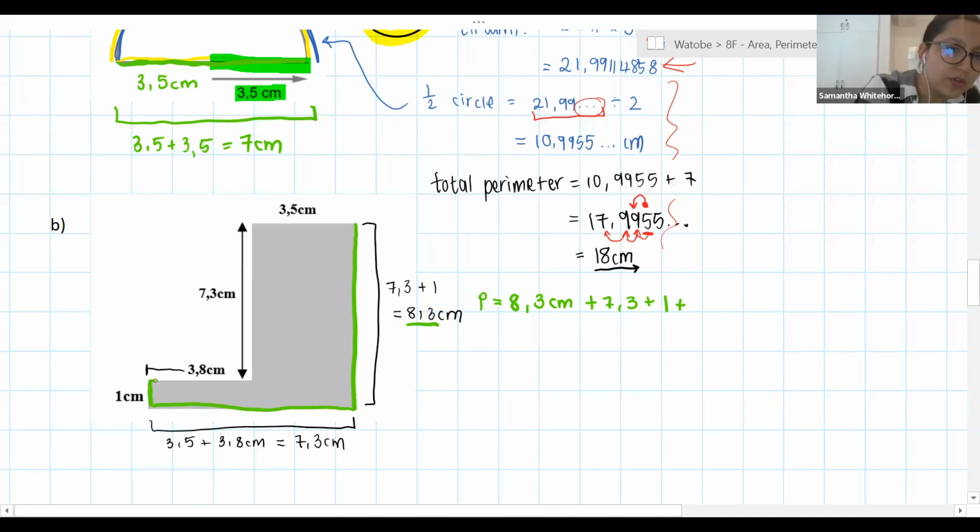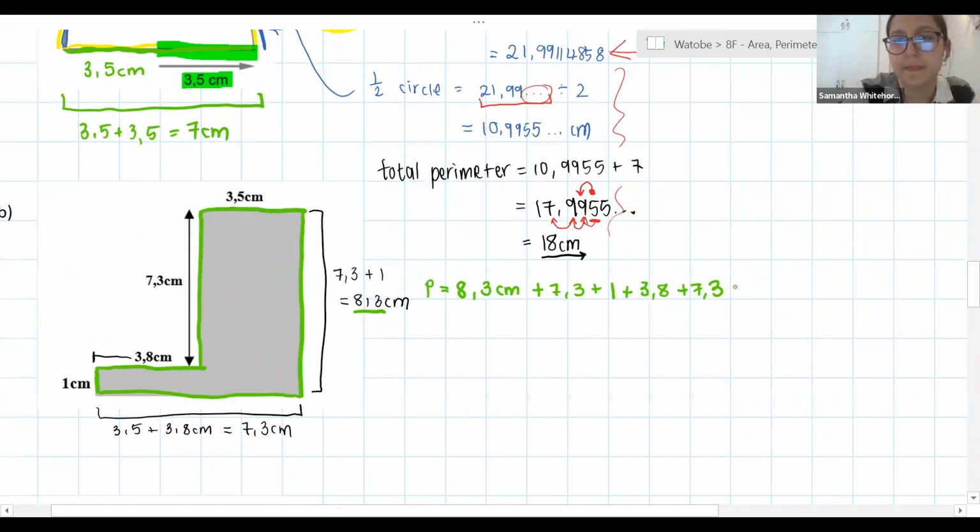I'm going to go along the 3,8 centimeters. I then need to go up the 7,3 centimeters. And finally, I need to add the top little bit, which is 3,5 centimeters. And so, I don't know, that seemed weird. By adding all of the numbers together, I have gone around the total outside of the shape. So when I add this all up, I get